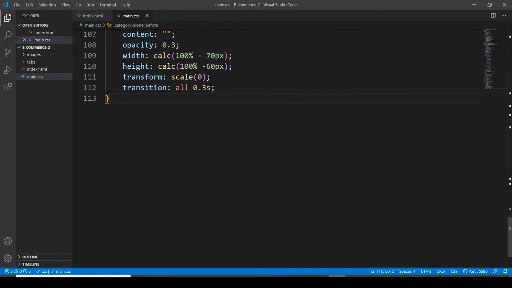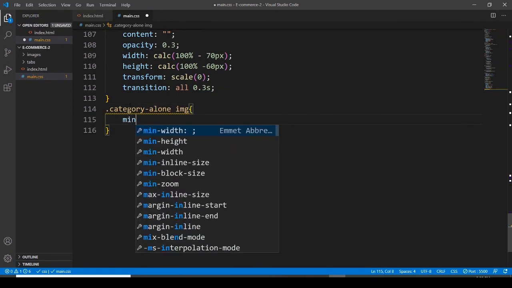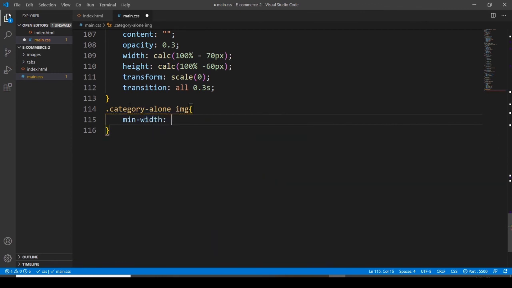And then we have to go category alone, then image, and the minimum width for this is going to be 100%. Let me have some water. Okay, and